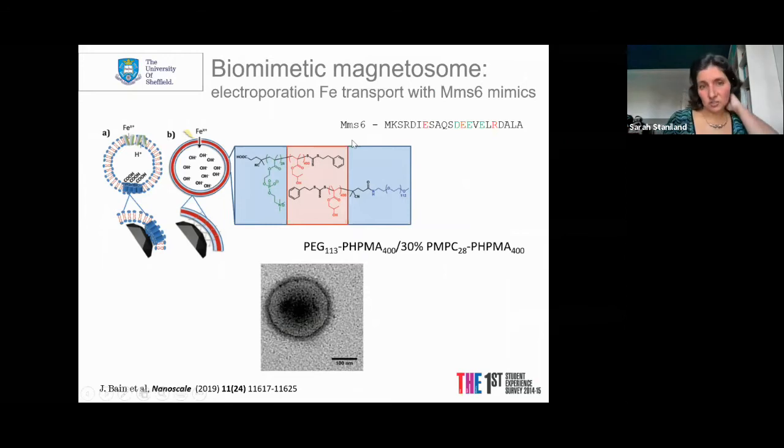So here we basically ensured that we had an interior polymer that had some acidic residues, and that's because a protein, which I'm not going to have time to talk about today, a nucleating protein called MS6, has lots of acidic residues that are displayed on the interior of the magnetosome membrane. And that's where the iron ions can bind and nucleate the formation of magnetite. So we form these polymerosomes, and sure enough, we do get the core magnetite precipitation, more like the